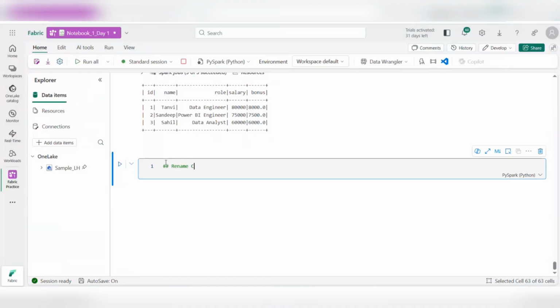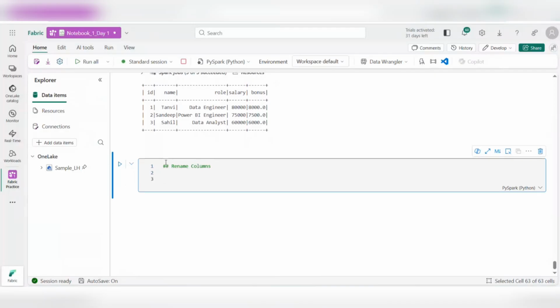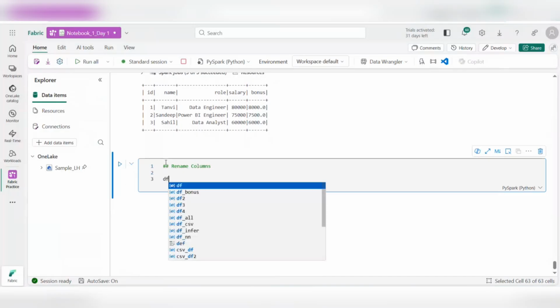Rename columns. Okay. Just like we have df with column function, now we have a withColumnRenamed function. So we will write df_renamed